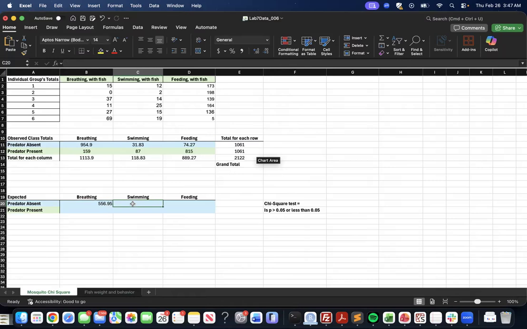So we can do that same process for the swimming behavior as well. So again, we're just multiplying the total for each column for the swimming observed data by the total number of observations, right? And then dividing by the total sum of observations across both the predator absent and predator present conditions. And we would do the last